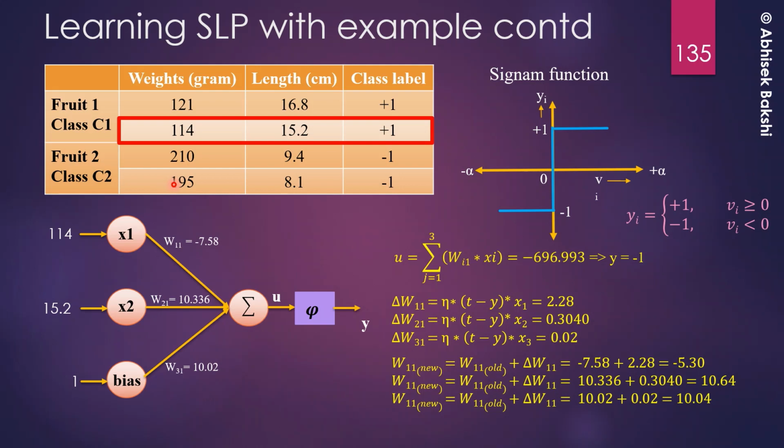I have not extended the mathematical calculations for the other patterns in this data set, because I hope if the first two pattern calculations are clear to you, then you can easily go for the other two, and even you can repeat by epoch as well, right? And in this way, by repetitive epochs and iterations, once the model gets trained properly,